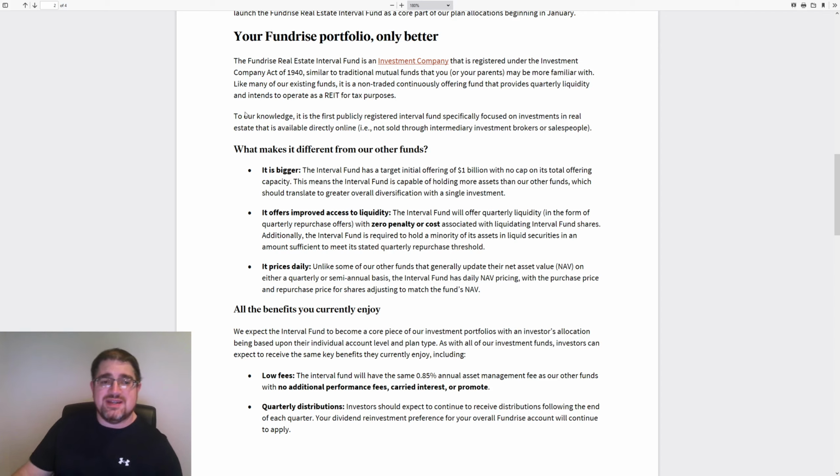To our knowledge, it is the first publicly traded registered interval fund specifically focused on investments in real estate that is available directly online. What makes it different? Well, it's bigger. The interval fund has a target initial offering of $1 billion with no cap to its total offering capacity. That means the interval fund is capable of holding more assets than our other funds, which should translate